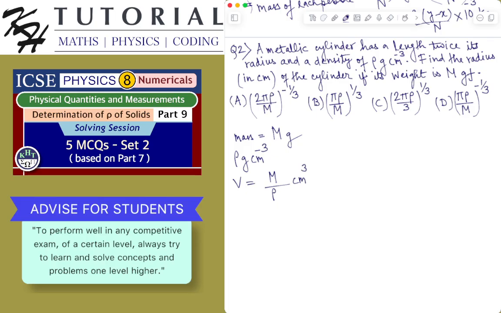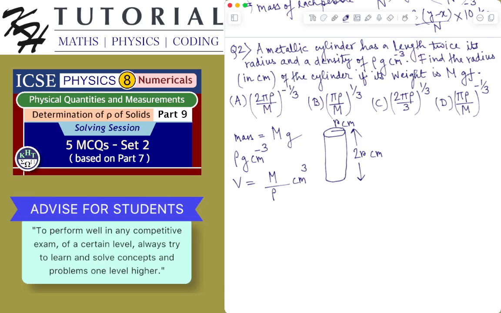Now let's say the radius. So a metallic cylinder means a cylinder is this. So let's say the radius is r centimeter. It is given that a metallic cylinder has a length twice its radius. So if you consider the radius to be r centimeter, the length or the height will be twice r centimeter. Now for a cylinder having a radius r centimeter and height or length 2r centimeter, we know the volume of this right circular cylinder